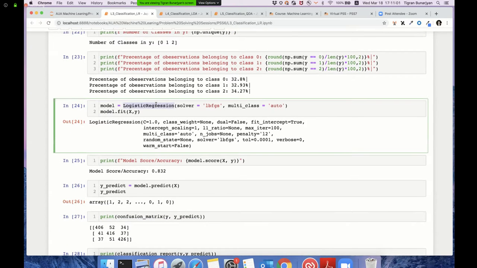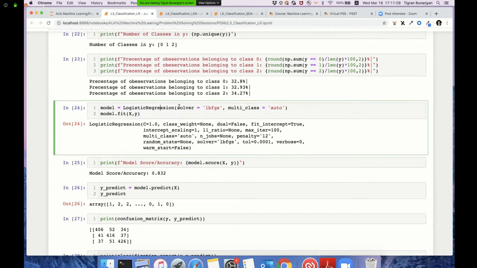And we use the logistic regression classifier to fit a model to our data, in which it took some parameters. The solver, as you already know, the logistic regression beneath solves some optimization problem, and it uses a gradient descent algorithm to find the optimal values of beta, and the solver in here is the LBFGS, which stands for